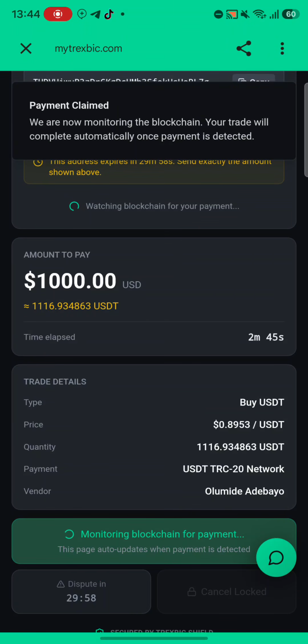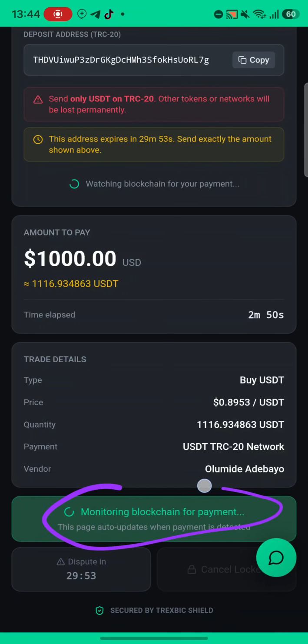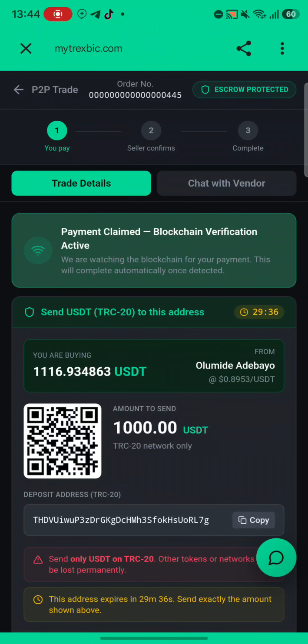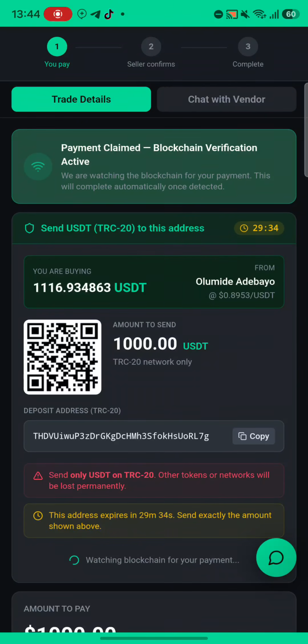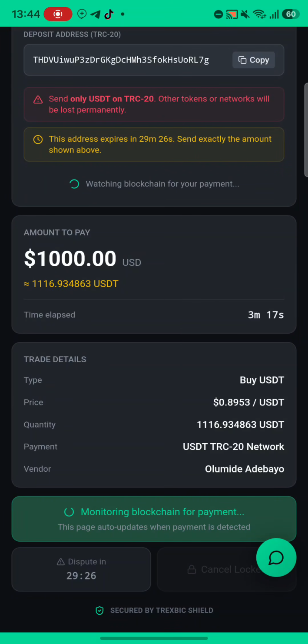Once you click I have paid, you can see now it's saying that monitoring blockchain for payments. So this usually takes a few minutes until the trade has been detected. So let's wait for it to be detected and we proceed. All right, usually it takes about 1 to 2 minutes, so you do not need to worry about anything. Remember, guys, this video is for educational purpose only, and never ever click I have paid if you have not